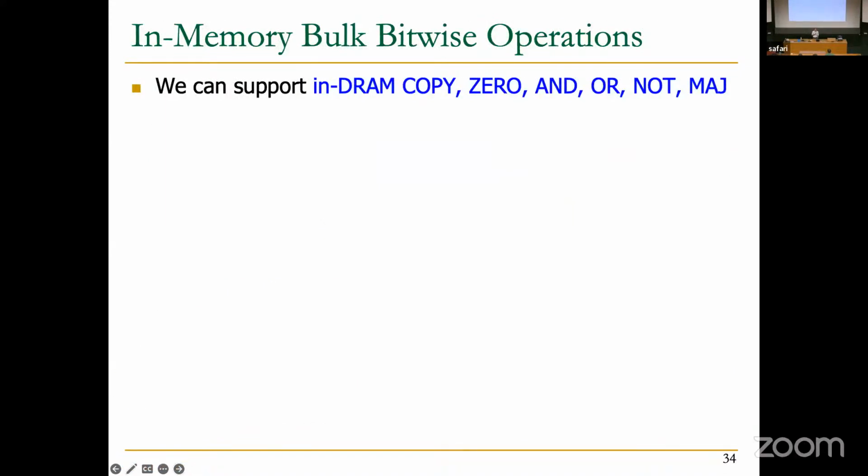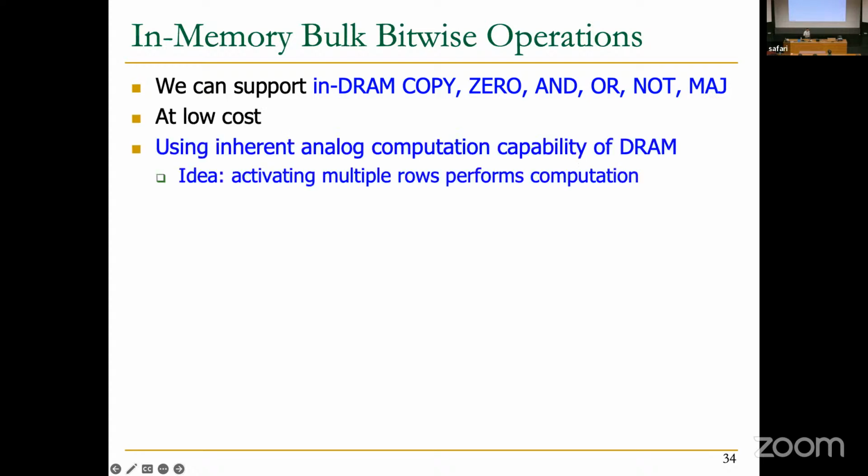Okay, so this was moving data inside the DRAM chip itself. We are going to start building on top of that and make the computation capabilities of these processing-using-memory solutions more and more complex as we progress during this lecture. We start really simple, moving data inside the DRAM array by using back-to-back activate commands. And now we are going to enable proper computation by doing bitwise AND and OR operations inside the DRAM row itself at low cost.